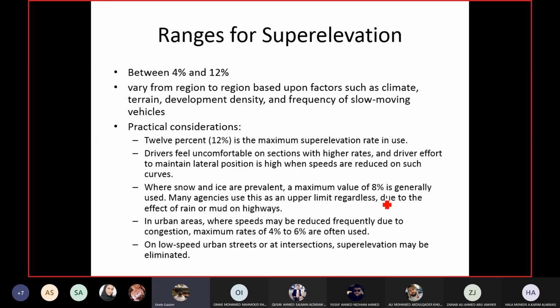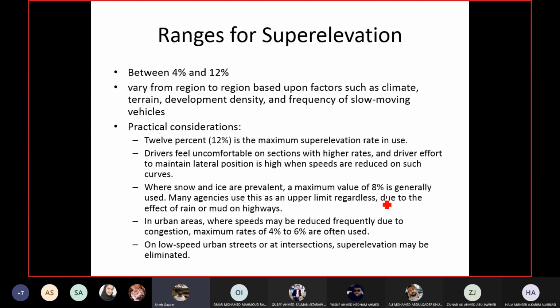On low speed urban intersections, okay, intersections which are for low speed roads, for low speed streets, the speed of the vehicle is already low because of the speed of the road. Then when it comes to the intersection, it is becoming lower. So this is the case for a low speed turn. You remember in the last chapter we discussed high speed turn and low speed turn. For low speed turn, you don't need super elevation.